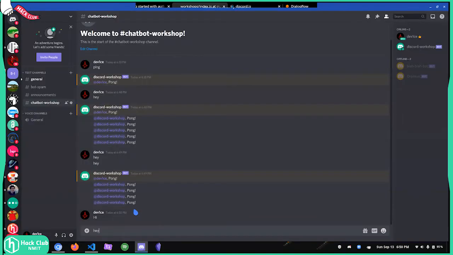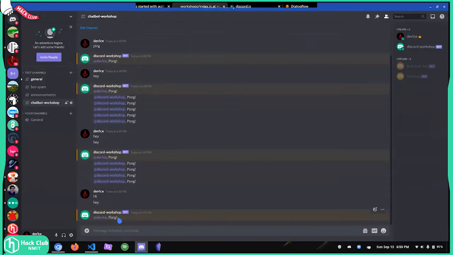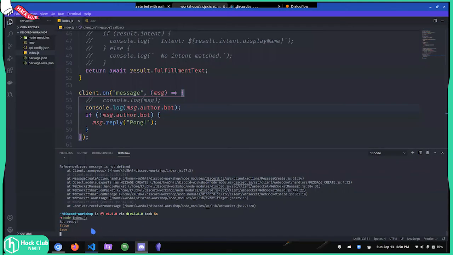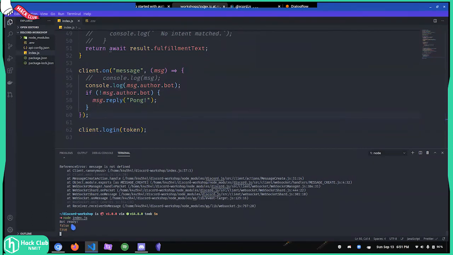Yeah, so now I'm going to say, hey, it just replied once. That means the thing is working. First it replied false, because I'm logging a statement over here. So the first message was false, which means I'm not a bot. But the second time it replied, it's true. If it's true, it never executed this condition. It directly quit the function. Which means that the bot is actually working as of now.